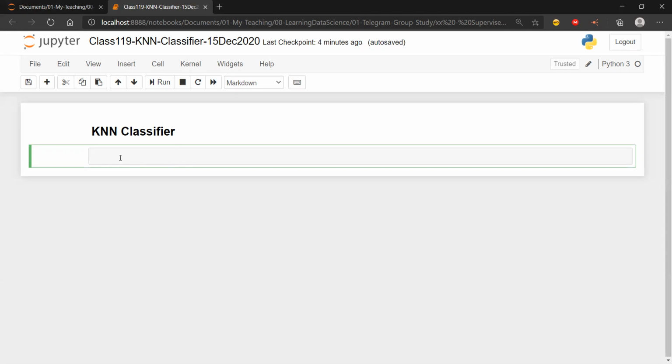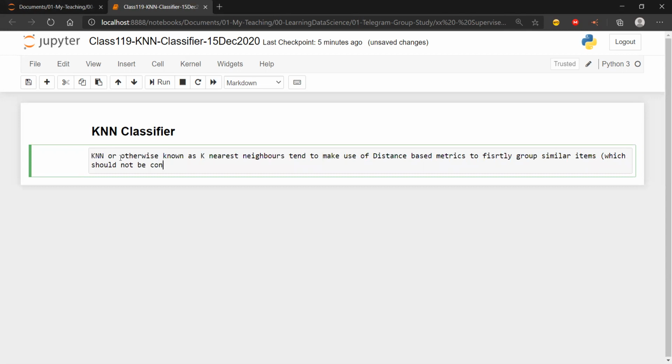So I can write that this method, KNN, otherwise known as K nearest neighbors, tends to make use of distance based metrics, firstly to group similar items, which should not be confused with clustering, which we will learn later as part of unsupervised learning methods.